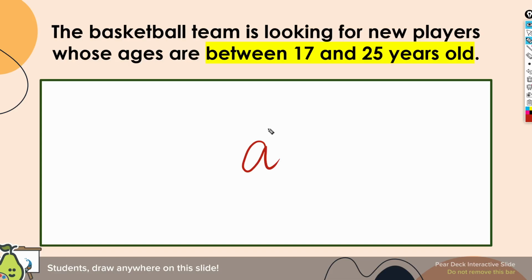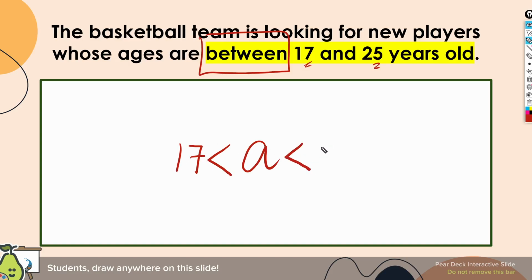And the answer is because of this word, ito yung keyword natin, between. When you're talking about between, are we including the 17 and the 25? The answer is no. Pag sinabing between, hindi kasama si 17. So, kung ikaw 17 years old, hindi ka pwede rito. Kung 25 ka na, hindi ka rin pwede. But if you're somewhere between those two ages, pwede ka. So, symbolically, we write it as A, and note, ganito mo rin ito basahin, A is greater than 17 and